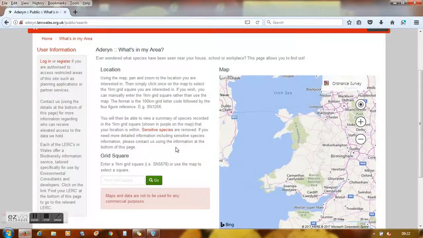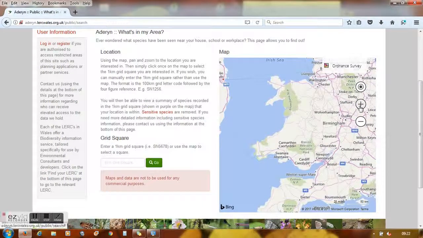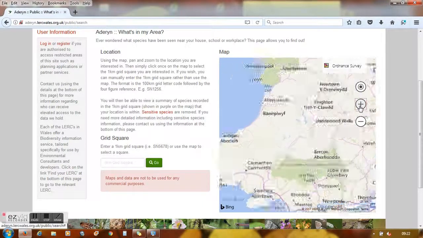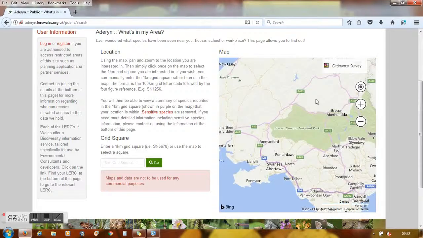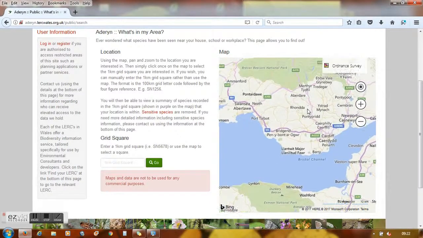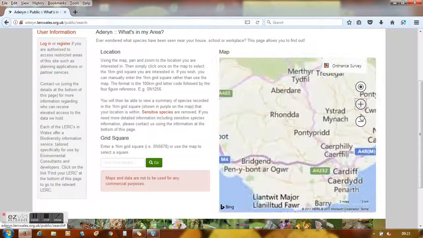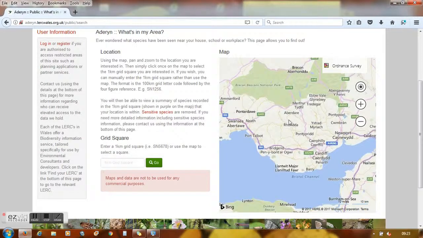which, if you happen to know the Ordnance Survey grid reference for the 1 kilometre square that you wish to look at, then you can type it in there. If you don't, then you can use the navigation tools on the map window. So drag the map around using your mouse, use the plus and minus buttons to zoom in,